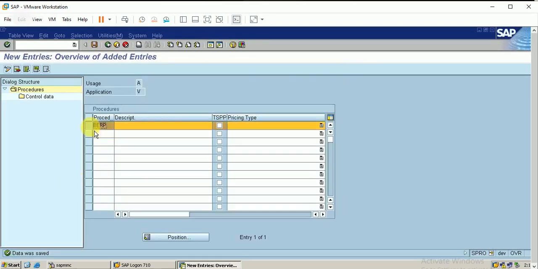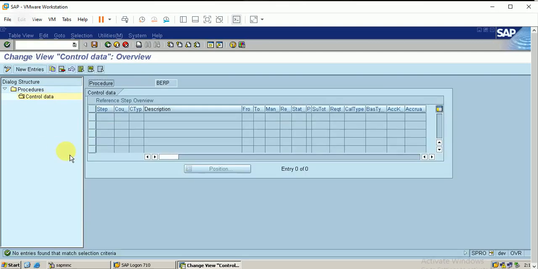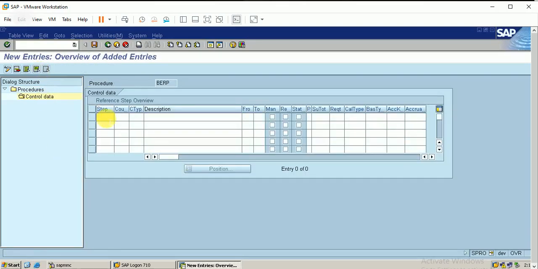Selecting it, move on to the control data, go to the new entry. So I have an incrementing step of 10, 20 and 30 like that. This is a counter that is not needed. Let me go with my first thing.